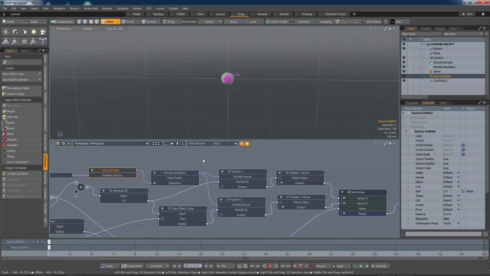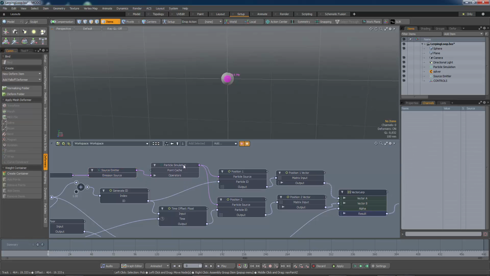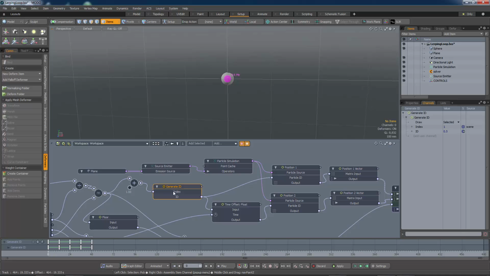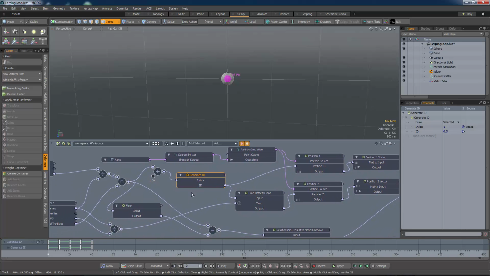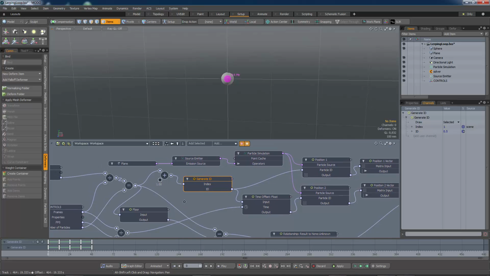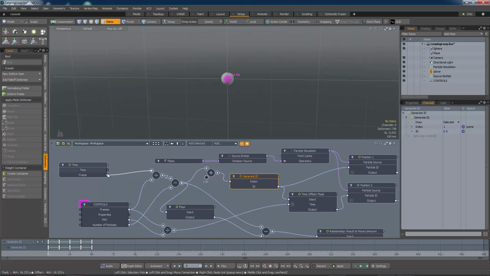Right, the slightly tricky bit here is to make sure that at any point in time we're interpolating between particle n and particle n plus 1. So to generate our particle IDs, we use this generate ID node, which is taking an index and converting it into one of these particle IDs, the things we don't really need to know what they are. So for the index, we want to generate 1, 2, 3, 4, 1, 2, 3, 4 as time passes. And to do that, I take the frame number,